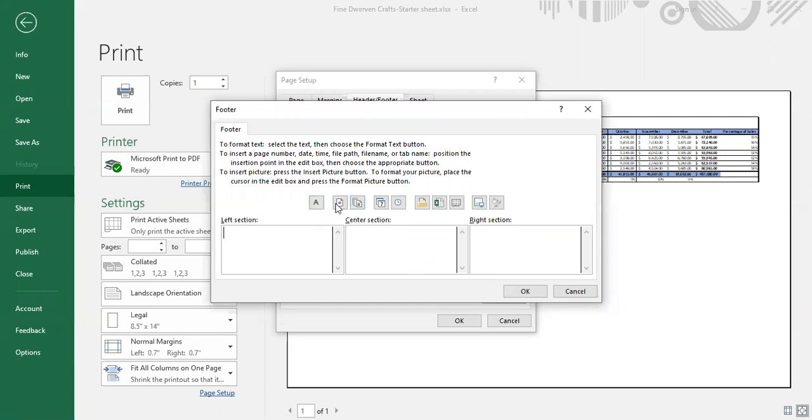And we're going to do that by using one of these insert commands here. So you have an insert date here. I'm going to click there, and it puts in this thing that says &[Date]. And what this means is whatever day you open the spreadsheet and print it out, that date will appear in that section. So if I open this up tomorrow, it will say February 17th. If I open it up next week, it'll say February 25th. So it changes the date based on the date